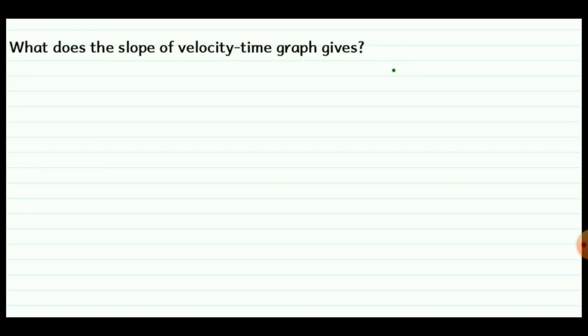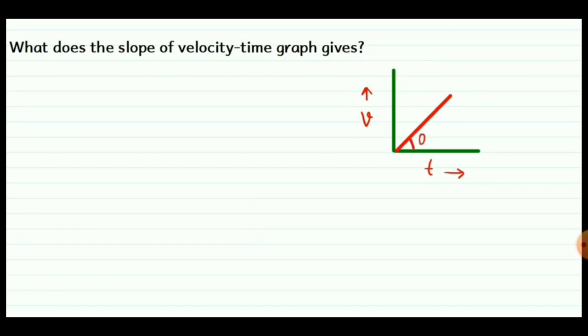Now in this question, this looks like the same question that we have done before, but here it has asked about the slope of the velocity time graph. Now students, I am drawing the velocity time graph one more time. This time the object is moving in uniform motion. That means we have to draw an inclined or slant line on the velocity time axis. It is up to us how we draw this line. It would be straight and inclined.